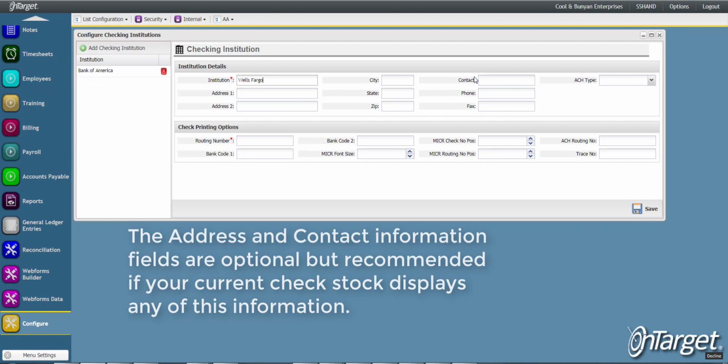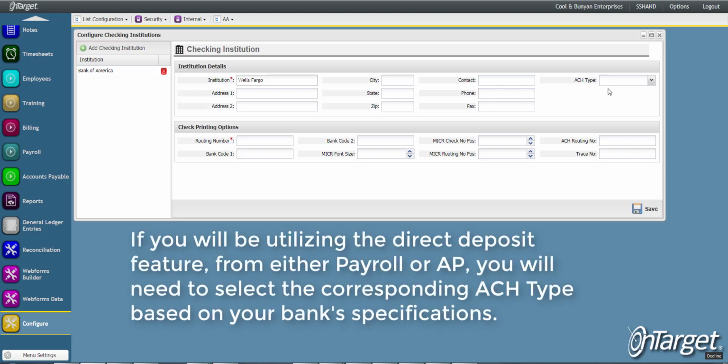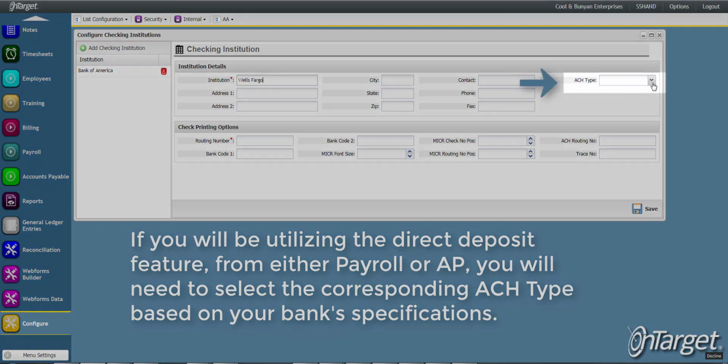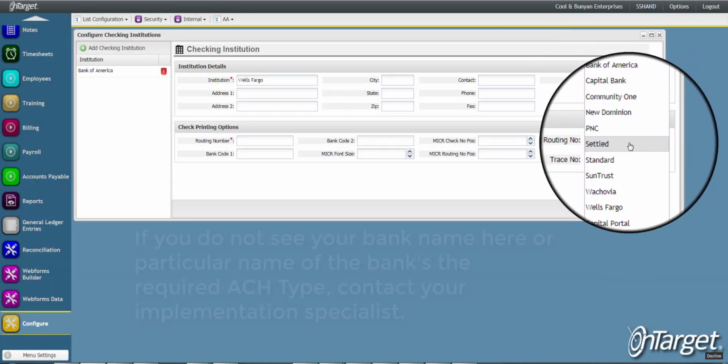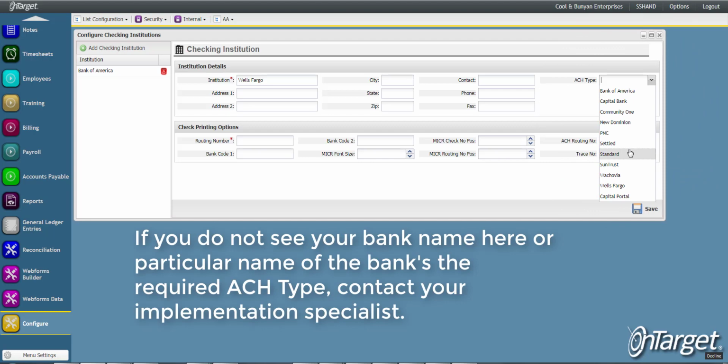The address and contact information fields are optional but recommended if your current check stock displays any of this information. If you will be utilizing the direct deposit feature from either payroll or AP, you'll need to select the corresponding ACH type based on your bank specifications. If you do not see your bank name here or the particular name of the bank's required ACH type, contact